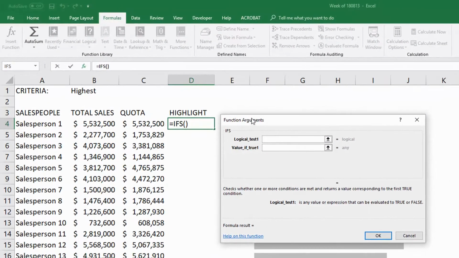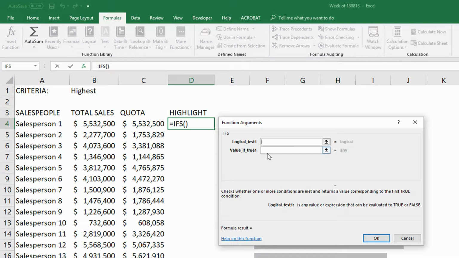And notice it starts off with, okay, give me a test and then tell me what to do if that test is true. So the first test will be, is cell B1 equal to, quotation marks, highest, close quotation marks. Okay, so true, yes it is. Okay, well if it says that highest is our criteria, then what do we want to do if it says that? Well, if it says that, we want to test whether the total sales for salesperson number one are the highest sales, right? So we'll look at the value of true and say, if,